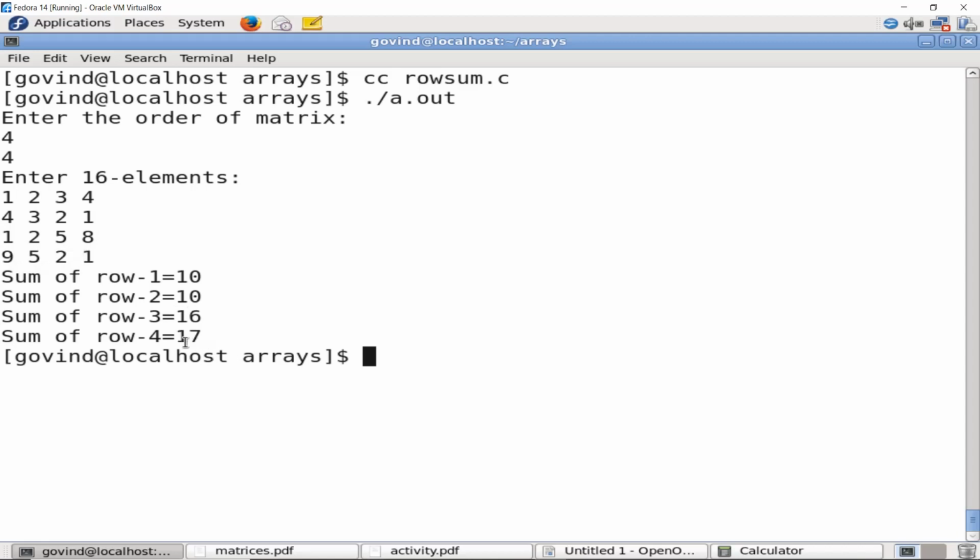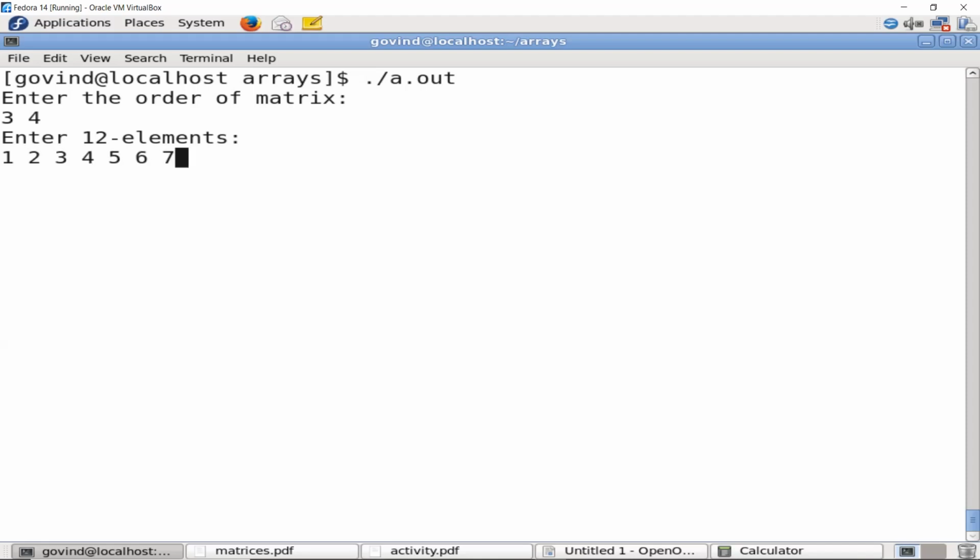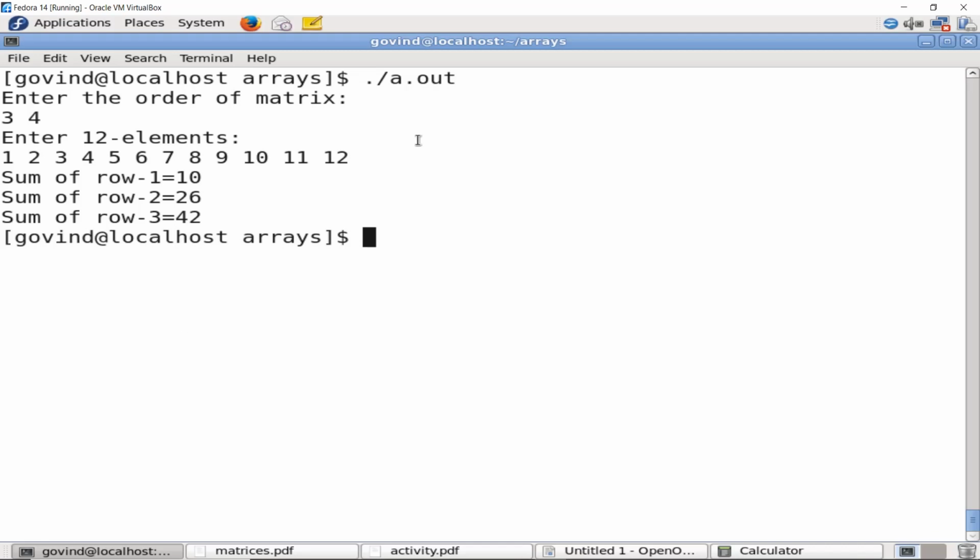The program also works for a non-square matrix. Let us have an execution of that. I'll now select 3 rows followed by 4 columns. So I need to enter 12 elements: 1, 2, 3, 4, 5, 6, 7, 8, 9, 10, 11, 12. So you can see here it prints 3 outputs for 3 rows.